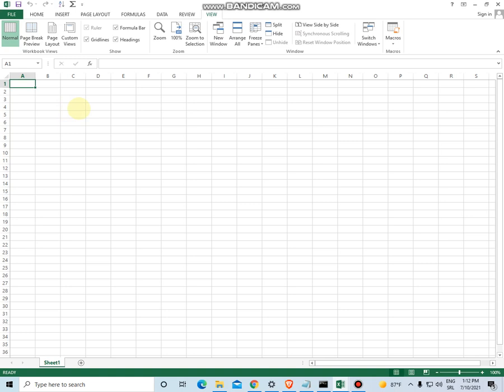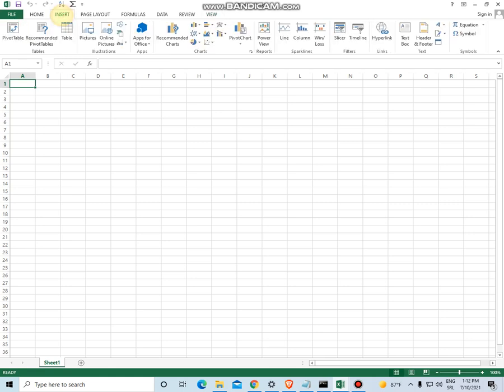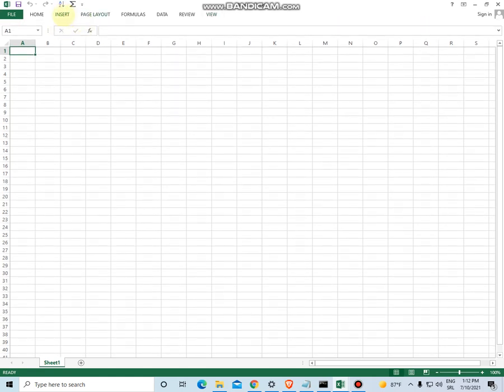One little tip for some students and learners: I have very often questions, hey, I don't see ribbon. Very often people accidentally double click some tab, for example insert or page layout, and with that you hide the whole ribbon.